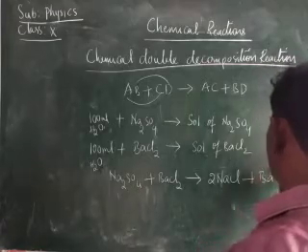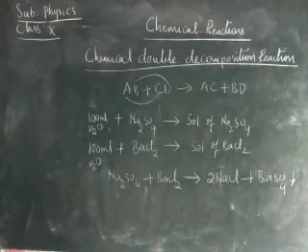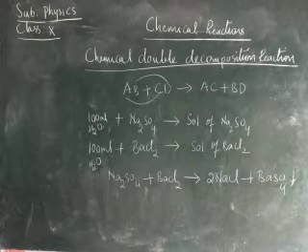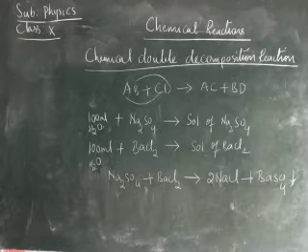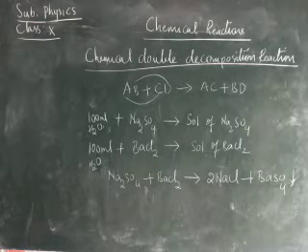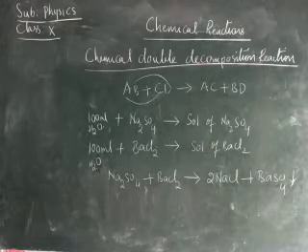Barium sulfate is a white precipitate. A precipitate is one which is neither a liquid nor a solid. It is a semi-solid substance. A white colored substance is formed. Therefore the white colored one is called barium sulfate. Okay, sodium sulfate when reacting with barium chloride gives sodium chloride and barium sulfate.